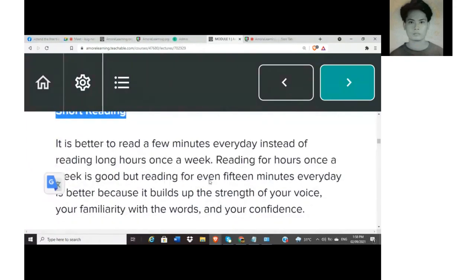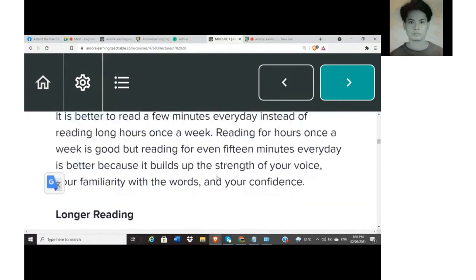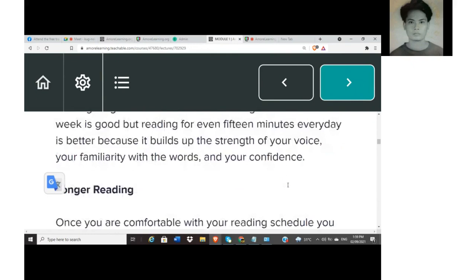It's better to read a few minutes every day instead of reading long hours once a week. Reading 4 hours once a week is good, but reading for 15 minutes every day or 10 minutes every day is even better, because it builds up the strength of your voice, your familiarity with the words, and your confidence. So that's why we're trying to inculcate